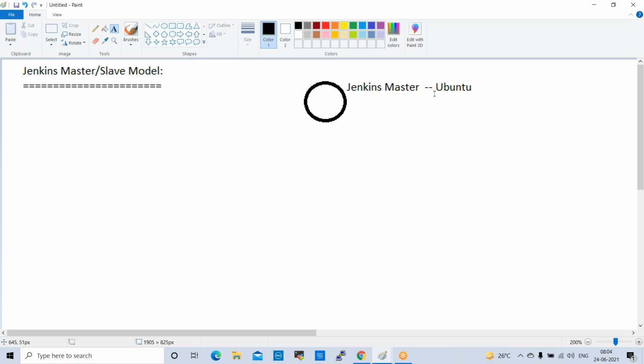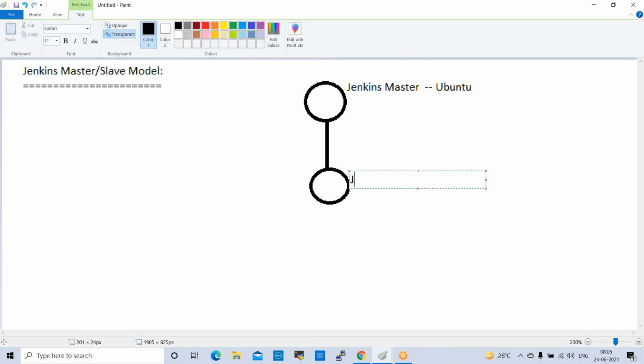So this is Ubuntu. Basically, we have two families in Linux. For this slave server, we can take another flavor, another family, for the Jenkins slave or node.